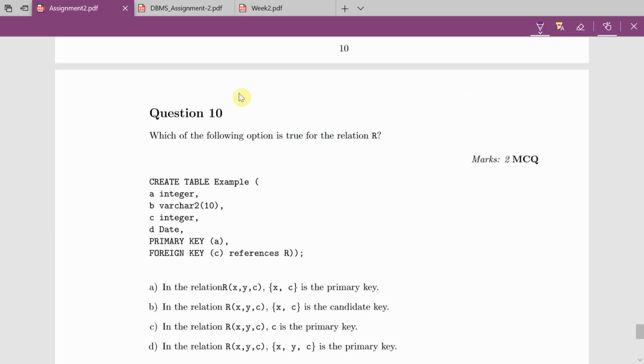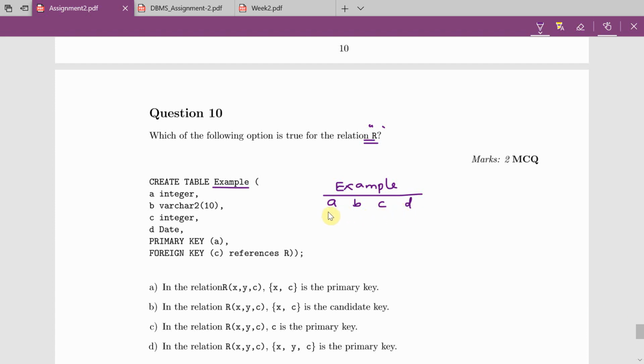Coming to question number 10. The question is, which of the following options is true for the relation R? Here one table is given with a create table statement. The table is example, having attributes A integer, B varchar2 of 10, C integer, and D date.